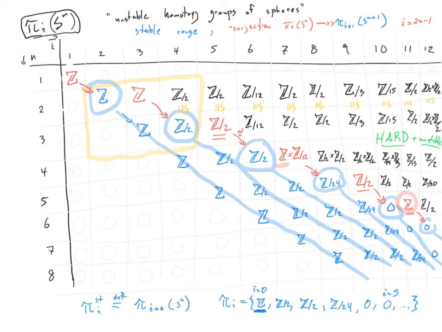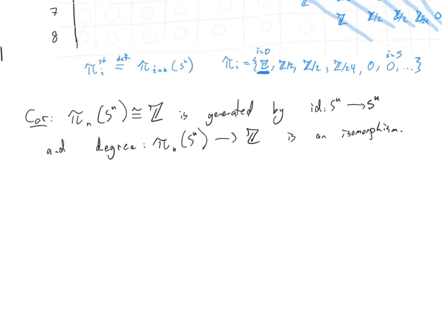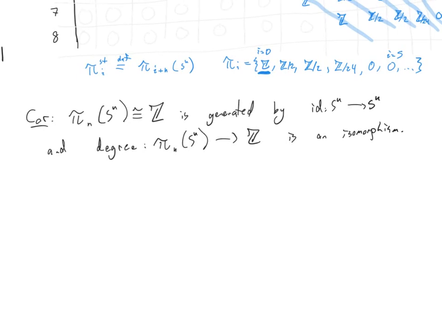And that matters fundamentally for this proof because we know that's a surjection, but because it's a map from Z to Z, which we've already identified, both groups as Z, and it's a surjection, we know that it's an isomorphism. So we actually know that all of the first stable homotopy groups of the sphere, all these copies of Z here, are isomorphic with pi 1 S1, which we know is generated by the identity and admits an isomorphism via the degree map. So let's just write that out down here. A proof for this might look like